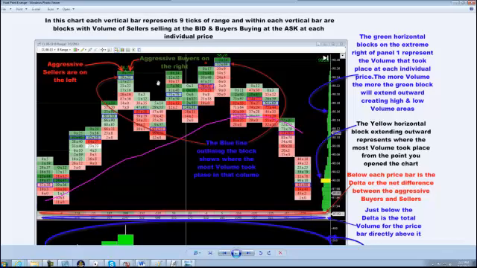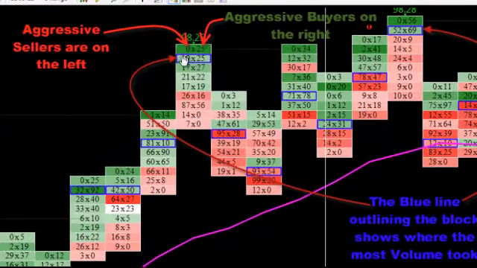I'm showing you each one of these bars is 8 or 9 ticks in range. The blue border that you see will only be one in each box. That's where the most volume took place in that box. What I want to see at the top is this in green. I don't want to see it in red. I want to see buyers. I want to see it breaking this little